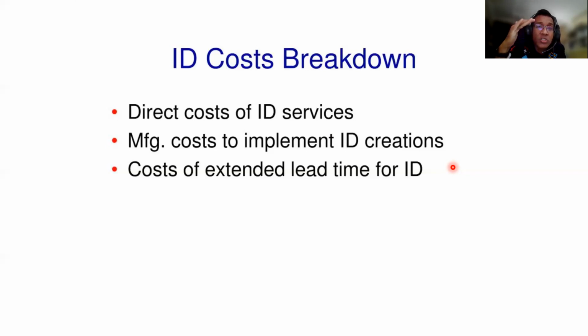So the manufacturing cost to implement the ID creation increases in this ID design. So there is a manufacturing cost as well when you implement the ID creation. And then the time cost. The time cost is a penalty, we call it a penalty associated with the extended lead time when you get involved with the ID attempt. So the industrial design attempt is to refine the ergonomic needs itself, for example, the aesthetic values needed for that product, for example.